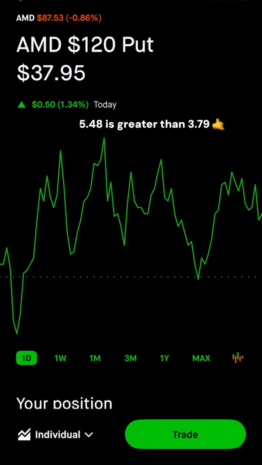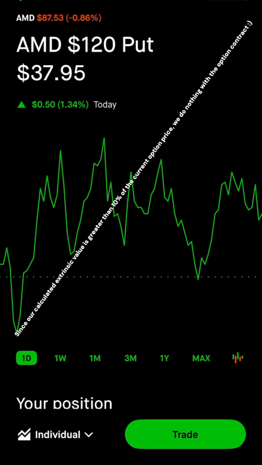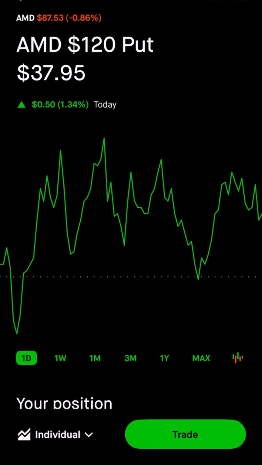$5.48. What this tells you, and why this is important for you, is it tells you that the person on the other side of this contract most likely is not going to close this options contract early. So what I would do with this is I would not roll it and I would just continue to monitor this contract. This is how you calculate the extrinsic value and why it is extremely important that you know how